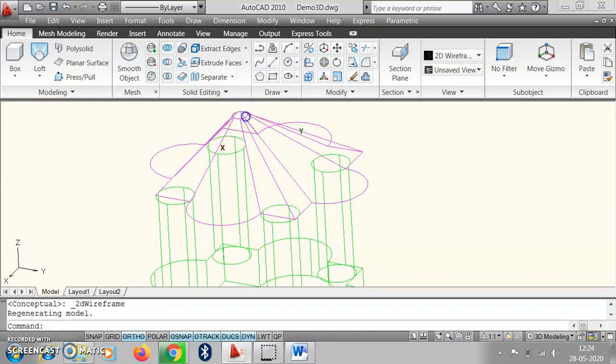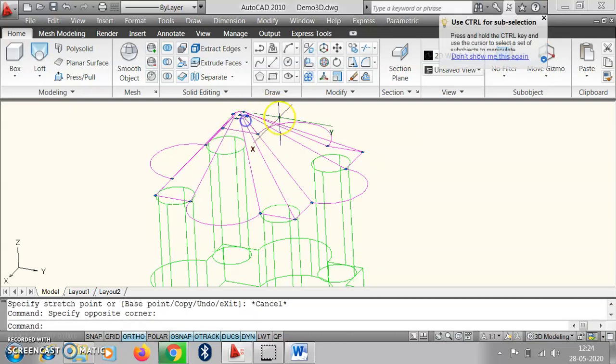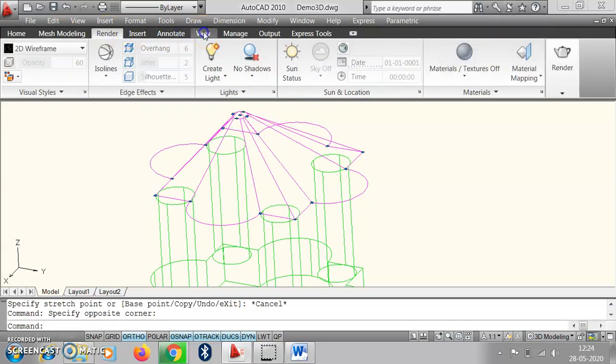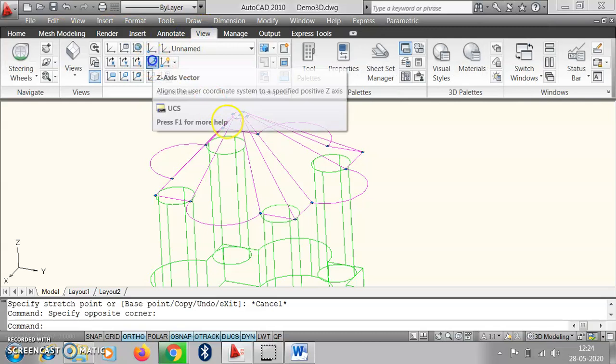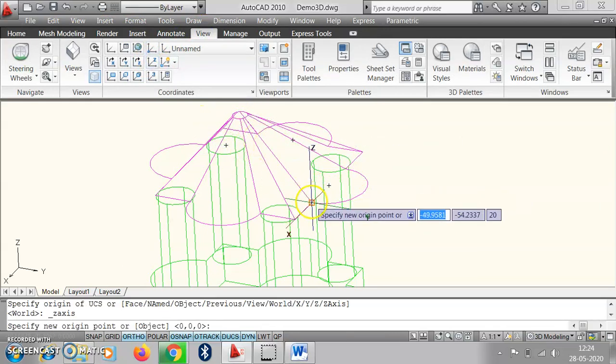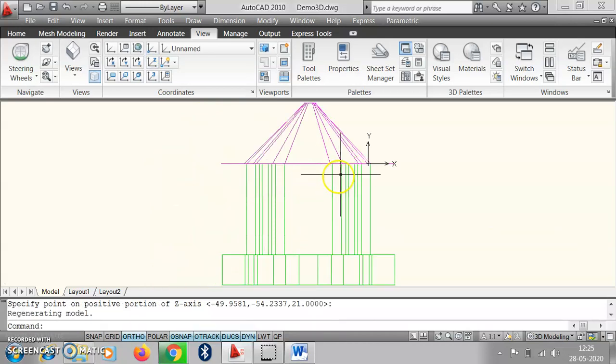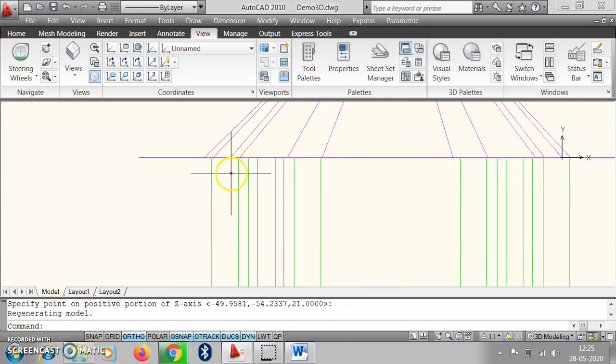Then we select this object and use the view z axis command, and move it towards the z axis, and we can match all these things here.